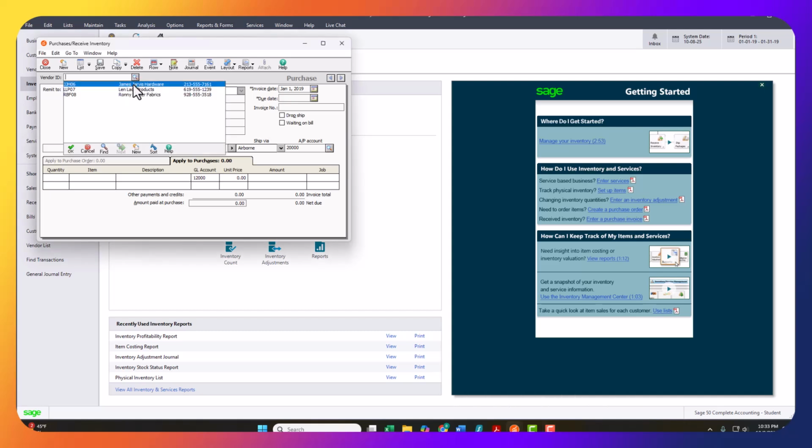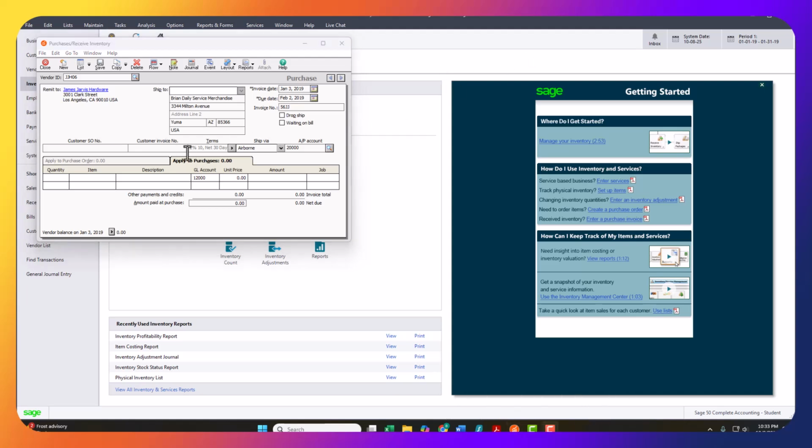So for the vendor ID, I'm going to click on the magnifying lens. I'm going to find James Jarvis Hardware. I'm going to indicate the date here as January 3rd. They did provide us with an invoice number. It's 56JJ. Notice that those discount terms that we set up earlier automatically filled, and we purchased a quantity of 6